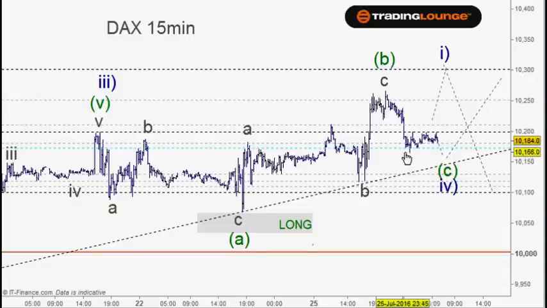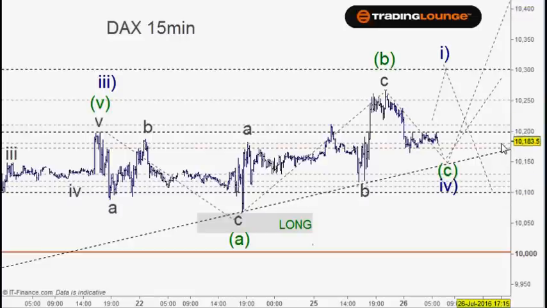So until this low is taken out here, we could actually have this extra high here. So we have to be careful here. If it drops down here, then we've got our 5 waves here. And then once we've got our 5 waves, we can look at it as I've got here as a wave, a B wave here, and a C wave here, and then straight up from that